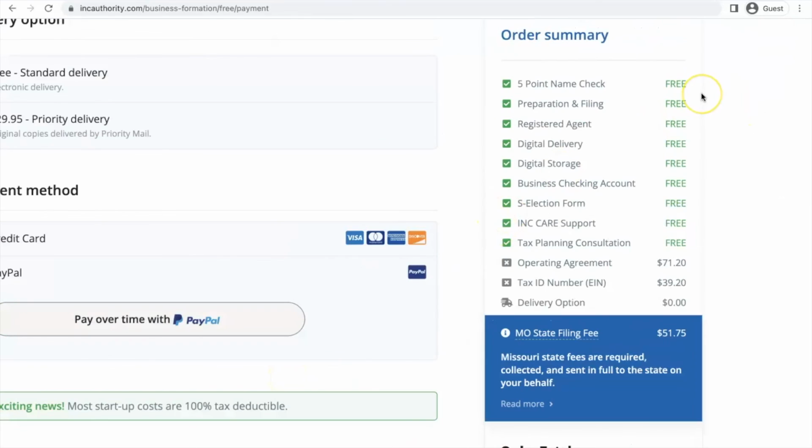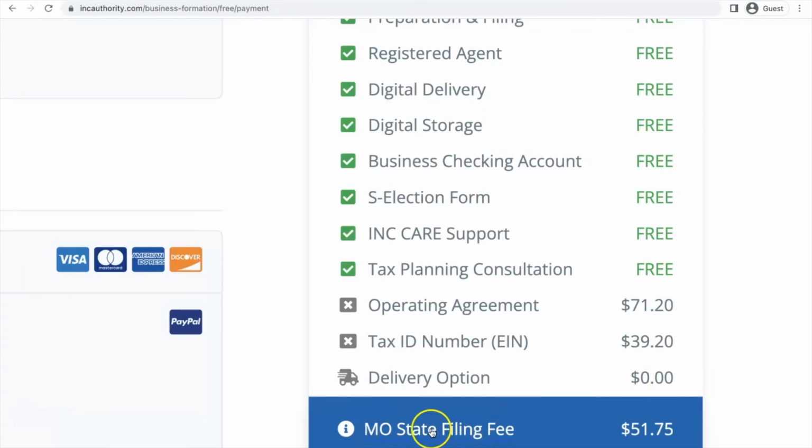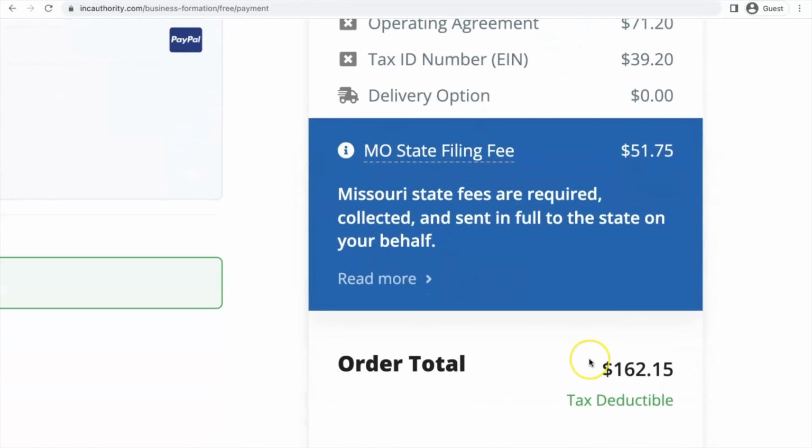And now if you look at the right corner of your screen, you are going to see all the details that you've entered for your US company, such as the operating agreement, the tax ID number, which is our EIN, and then the delivery option. Of course, we chose electronic, which is via our email, so we are not going to be paying anything. And now for the one-time state filing fee, which is 51.75. You know, I told you $50, but I think they added taxes or whatever here, making our total to be